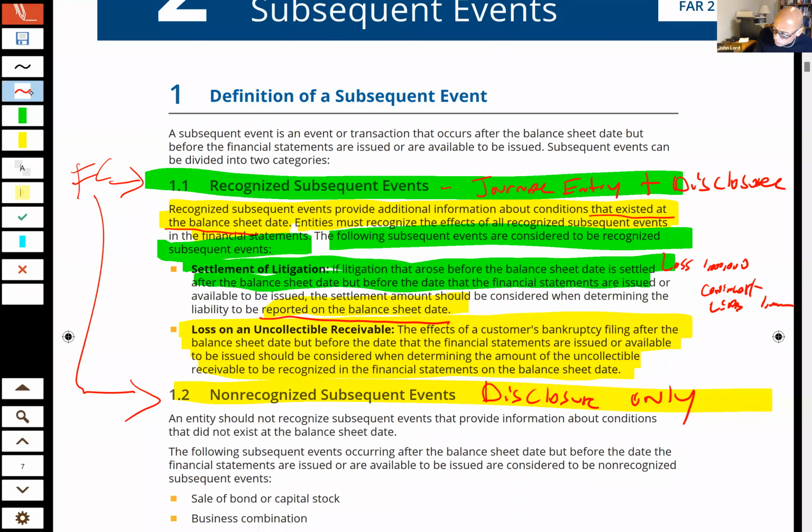So here we would do what? We would debit the allowance for doubtful accounts. And I'm just going to make a number up here, $500K, whatever. And we would credit the accounts receivable, right? To write that off. When you debit the allowance account, does the amount in the allowance go up or down? Down. Good. The amount in the allowance account goes down.